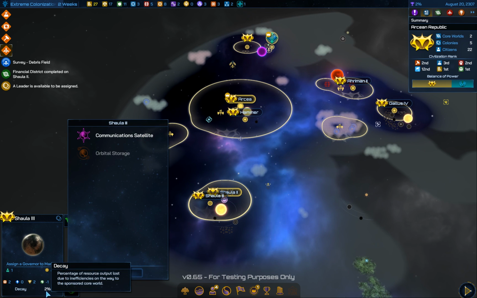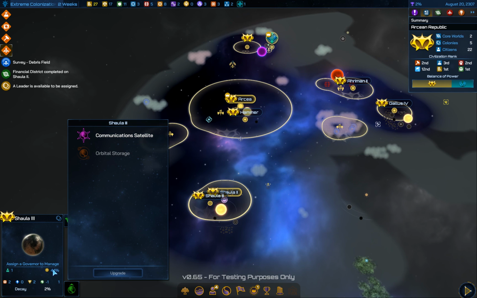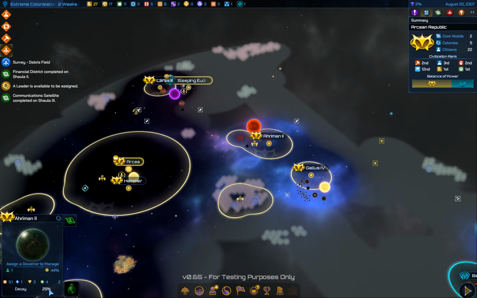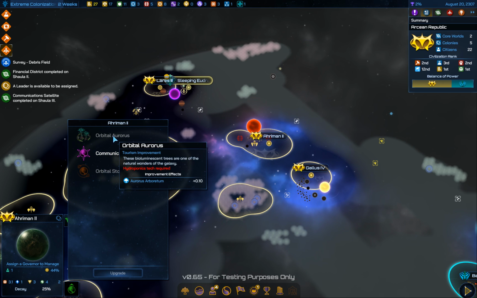So right now we have a decay of 2%, but a communication satellite will increase our approval. Our approval is only 44%, so let's go ahead and upgrade to a communication satellite, and now it's 54%. And we can go over here and see how the decay is 25% over here. So if we can build, we need more nanobots, and we would be able to reduce the decay, or we